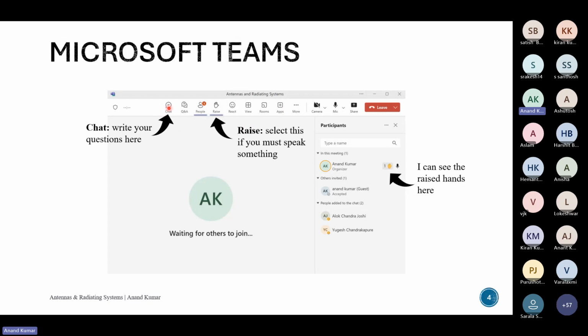There's a chat button over here, so you can write your questions, comments, and everything over there. So I can see, hello guys from Rohit Verma. Hi Rohit. Yeah, so you can see how the chat works. There is this people button over here, which gives the list of participants, and there's a raise hand button over here. If you raise your hand, I'll be able to see a hand like this, and then I can ask you to unmute if you have a question. So this is how the Teams window looks like. Over this area, you will be able to see the slides. So this is Teams.